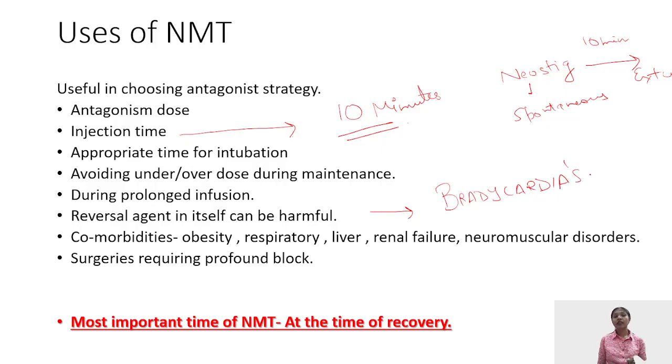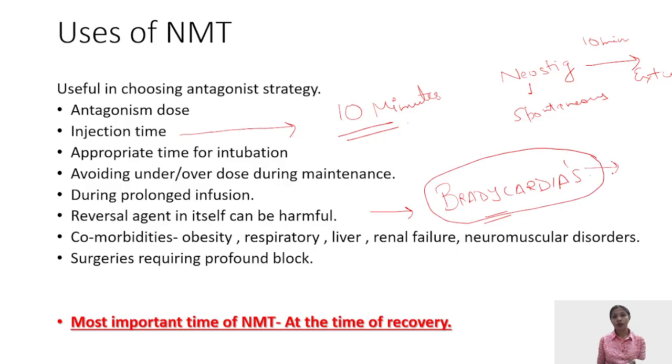So there are certain conditions, like cardiac conditions, in which the reversal agent has to be avoided per se. For that reason, neuromuscular monitoring becomes very, very important, because if according to the neuromuscular monitoring there is spontaneous recovery or complete recovery of the patient, then yes, we can extubate the patient without using the reversal agents also, because both of them have a potential side effect, which is bradycardia.